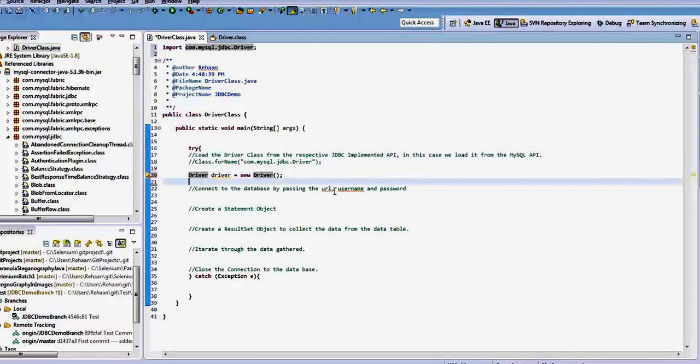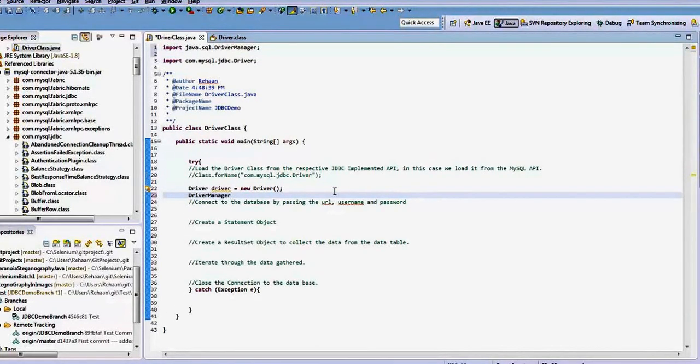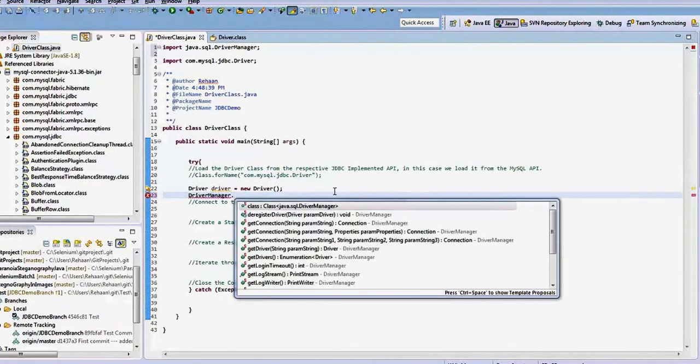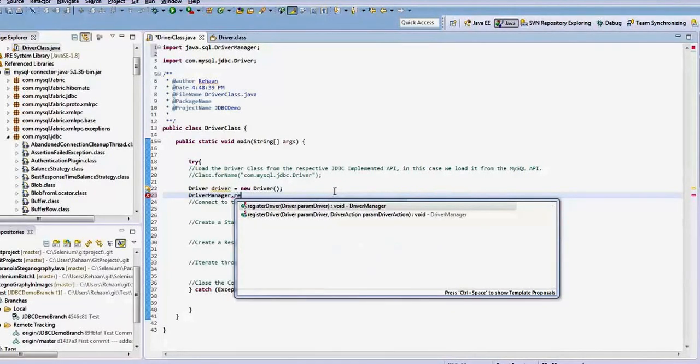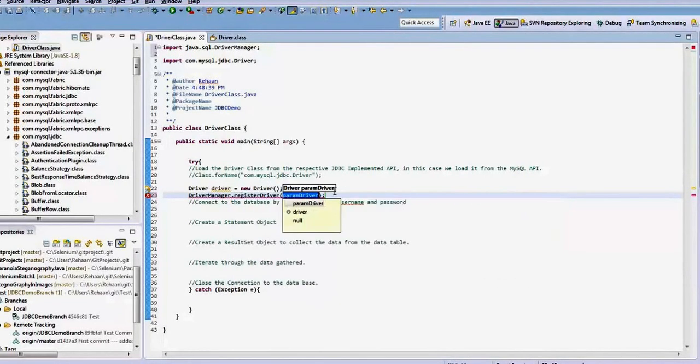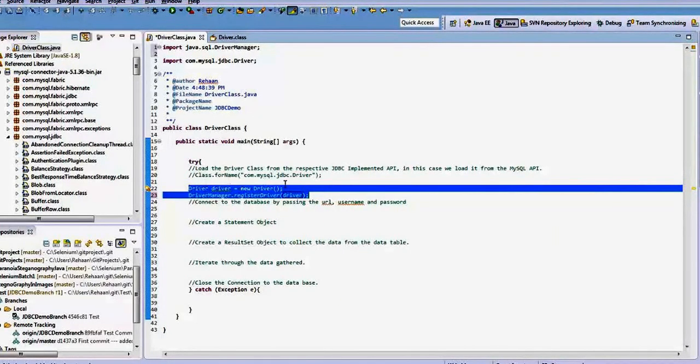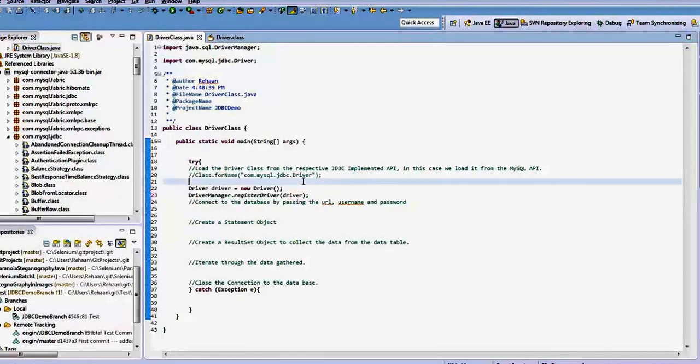Once you have created it, the second thing is that you have to use the DriverManager class and its static method known as registerDriver. Inside this, you have to pass the parameter driver. With these two statements, we have loaded the required driver class.